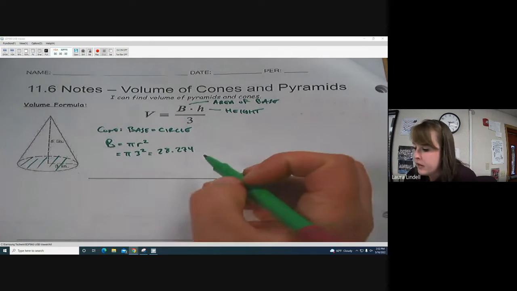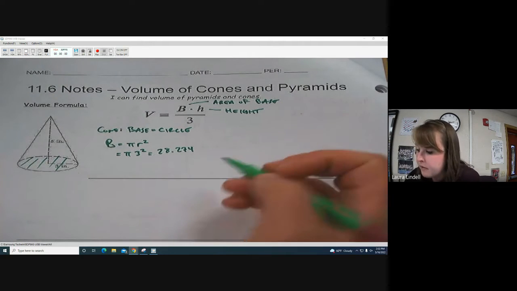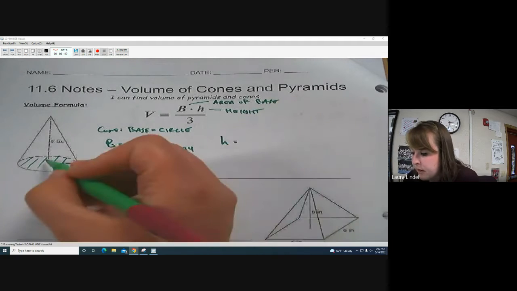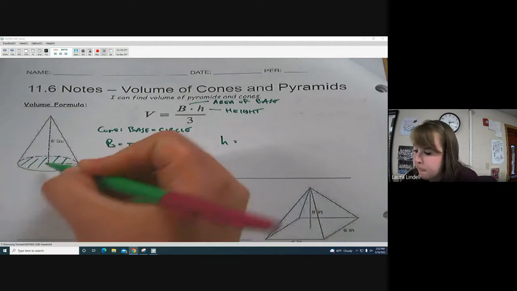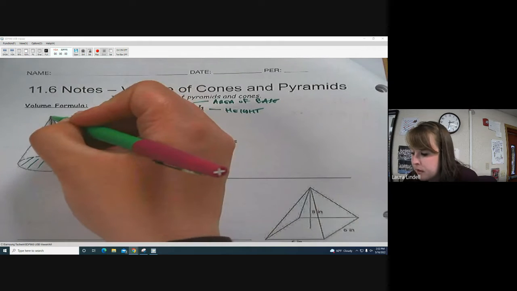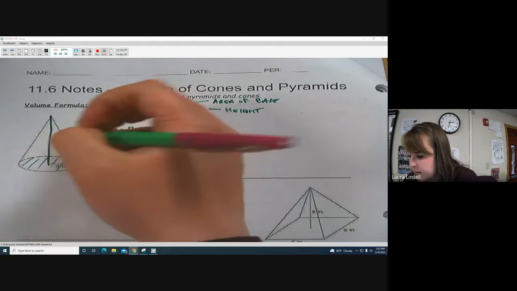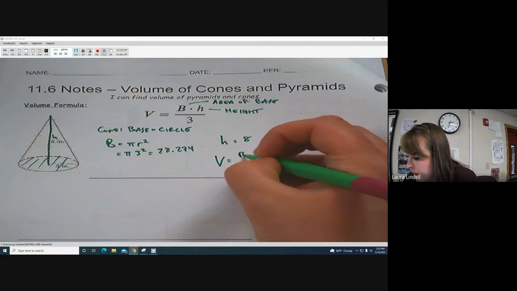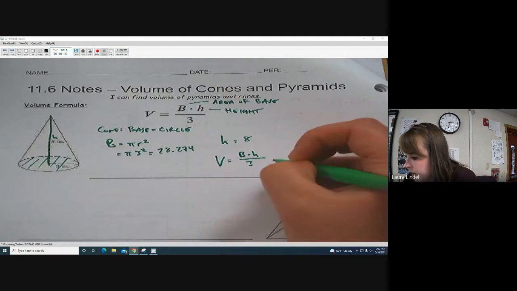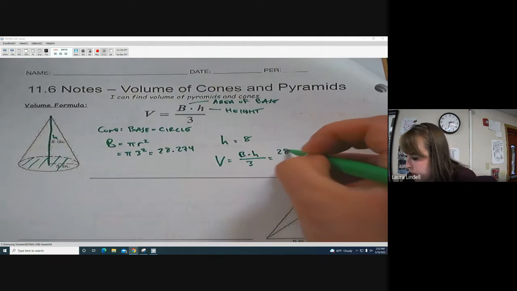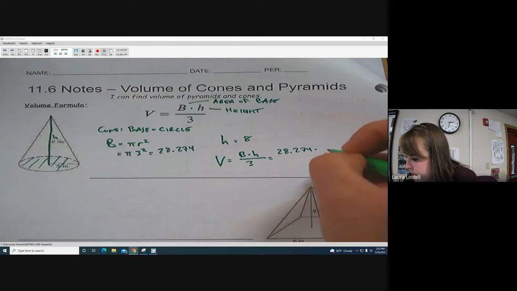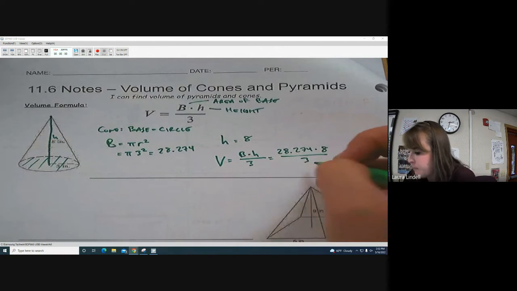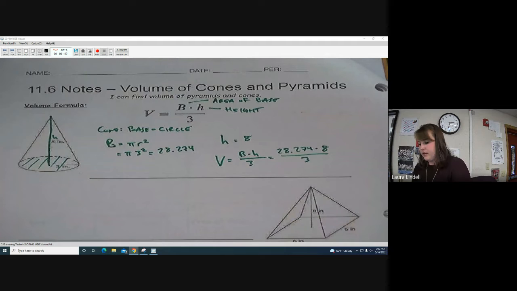All right. So that's the area of the base. The height is that distance between the circular base and the point at the top. So in this case, the height is 8. So now for my volume, we're going area of the base times the height divided by 3. So 28.274 times 8 divided by 3 in the calculator. We get